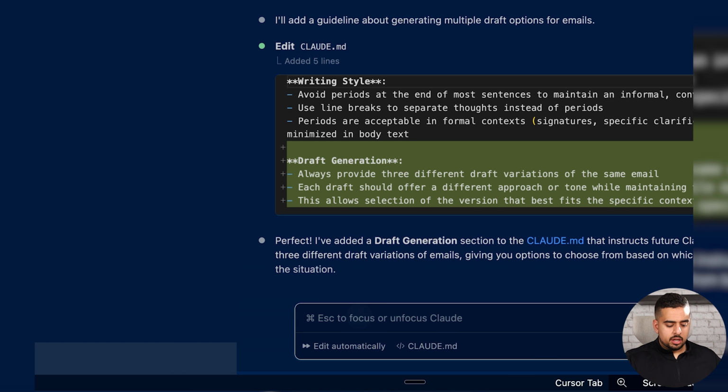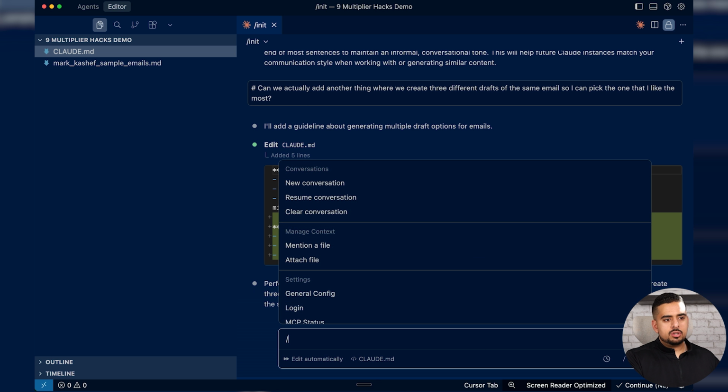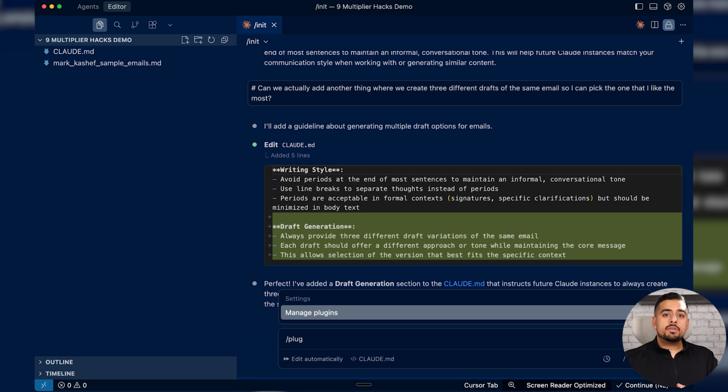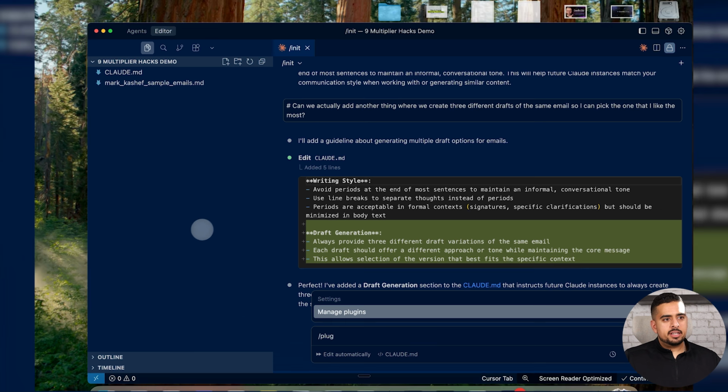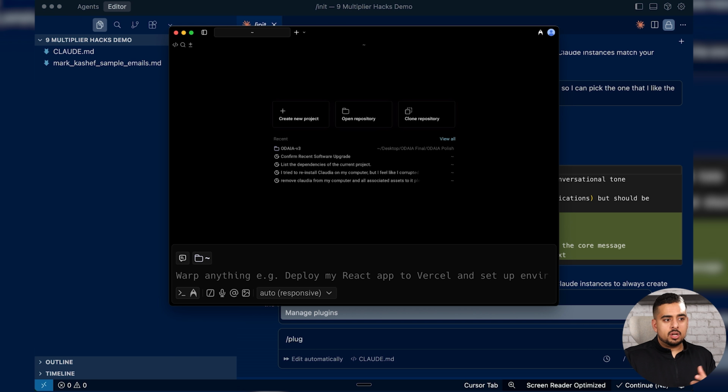If you go back into Claude Code, all you have to do is if you're updated on the latest version, you should be able to do / and then write plugins, and you'll see this thing pop up that says manage plugins. Now if you don't see this and you don't know what version you're on with Claude Code, a really quick way I like to use this is I like to use Warp externally because it's just a standard terminal and you don't have some weird back and forths where sometimes Claude Code will tell you it's updated when it actually didn't. So if I just go into another window here, and this is Warp, which is pretty much free to use as long as you're not using it at crazy scale, you can just do Claude